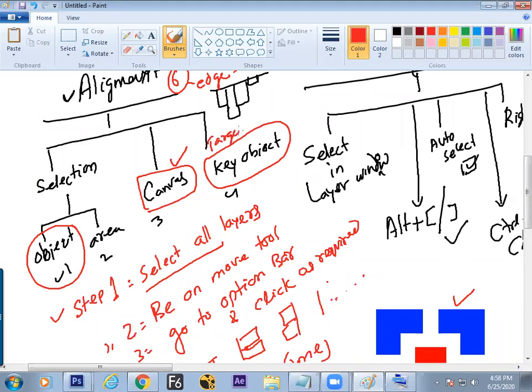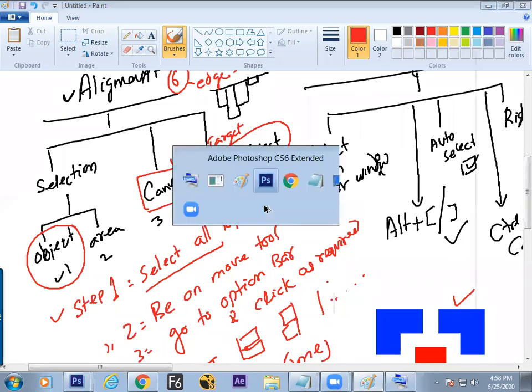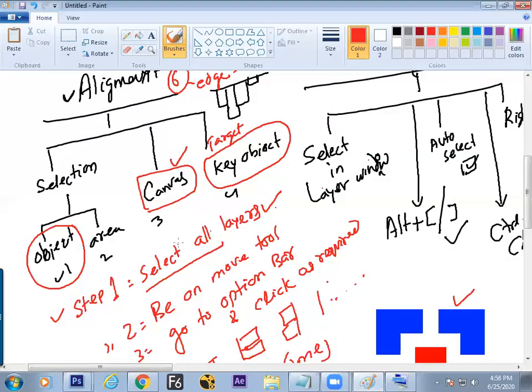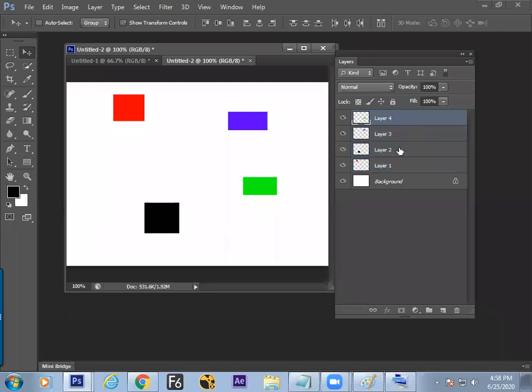Target object alignment. To do so, the first thing is to select all the layers. Step number 1 finished. Step number 2, link the layers. How to link a layer? In the layer window, to the extreme left down side, one hook button or chain button is there.